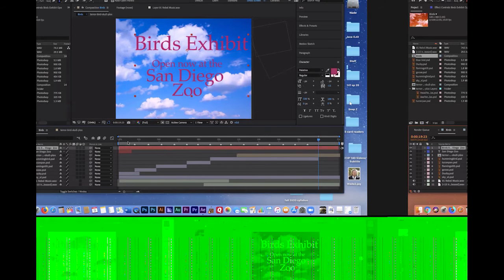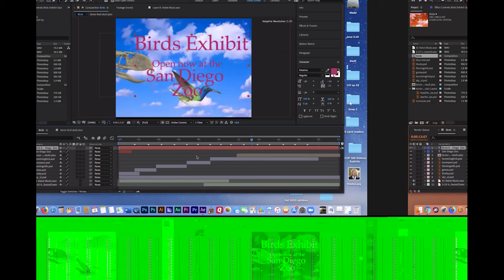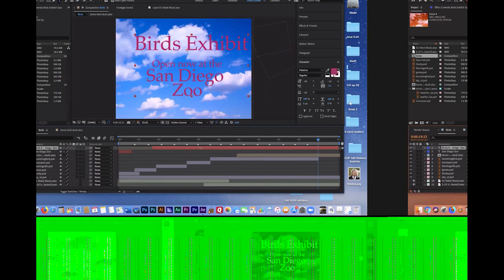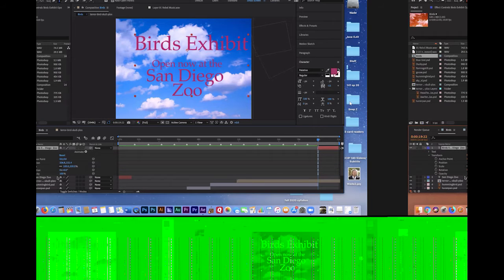And now I can set, I don't want it to run all the way across the whole time. So I'm going to set the length of it. So I'm just going to grab the beginning, shorten it up, flip down that text layer, go to my transform tools, and I'm going to set my fade in and fade out for the opacity. So I'm going to go like this,